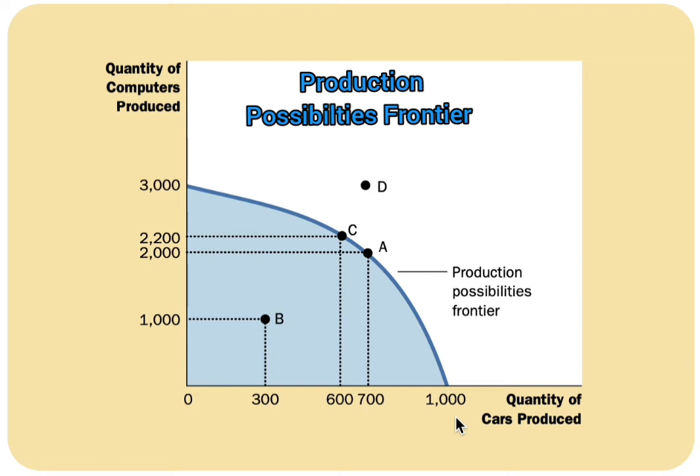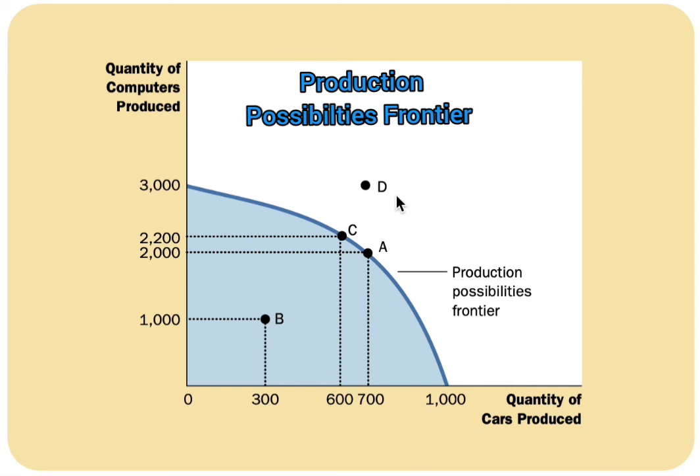Now, one thing you have to remember is that I have mostly understood that students use the term production possibility frontier, whereas it is production possibilities frontier, because there is not only one possibility; rather there are many possibilities, with a mix of cars and computers that can be produced with the given resources and given technology. Now, how to achieve this point D?